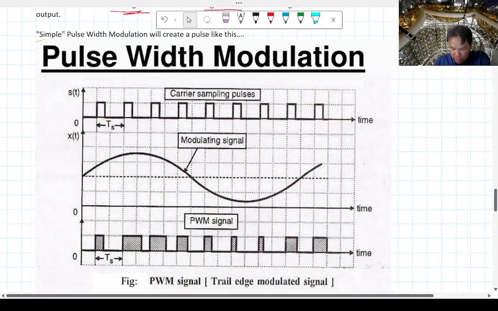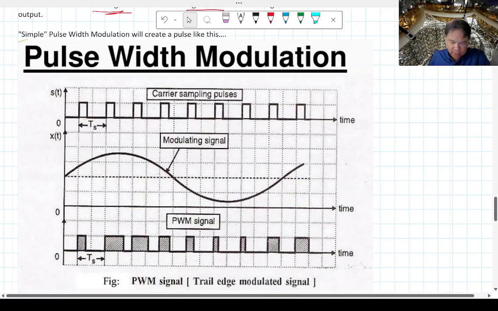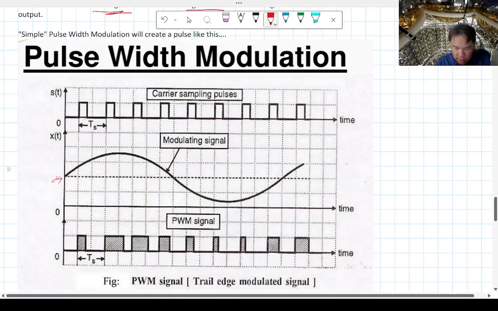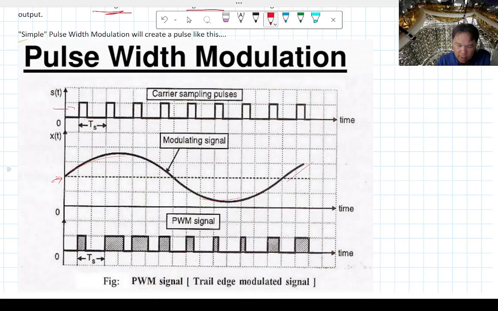So this is a picture. I don't know where I got this picture from. It looks pretty old, but this describes things very well. Let's say this line in the middle here is the signal that you're trying to send. And then up here is a carrier sampling pulse, meaning that basically determines how often